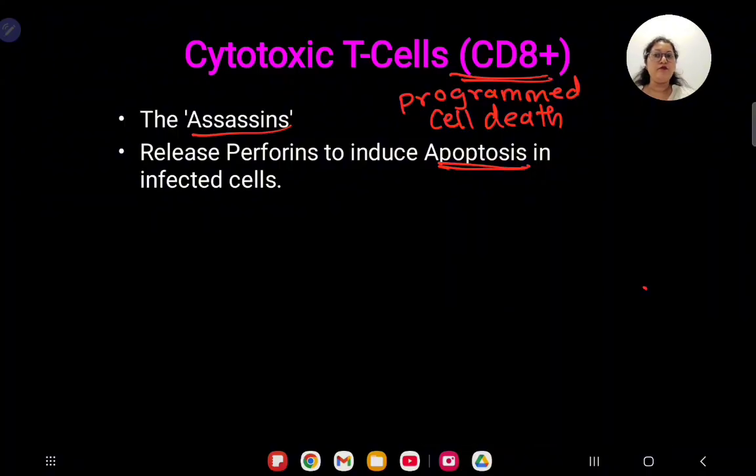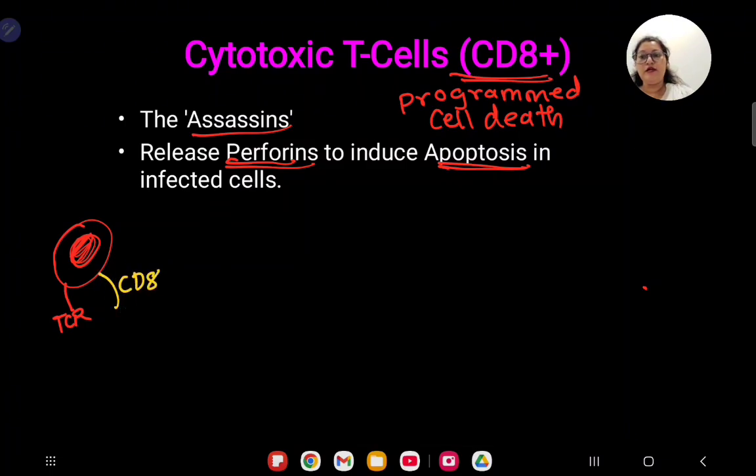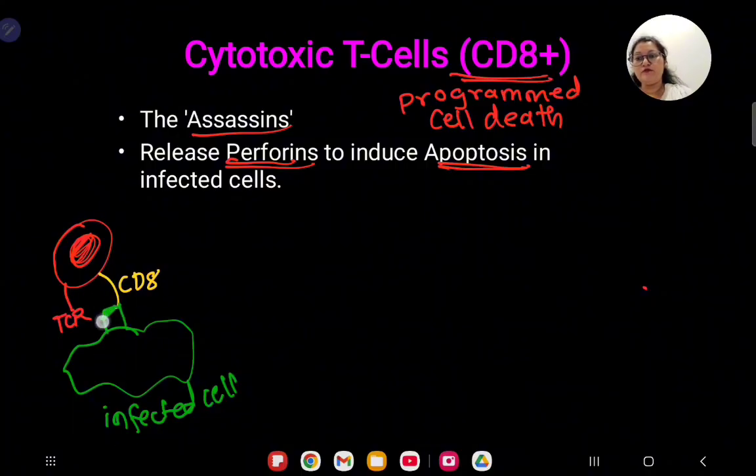So let's see how they work. They work mainly by releasing certain perforins. Let's see the illustration now. If you see over here, this is our cytotoxic T cell. It will have its own receptor, which is the T cell receptor, and it will also have one special receptor which we mentioned, the CD8 receptor. Now in this case, let's say we have one infected cell. This infected cell will also have a class 1 MHC molecule,